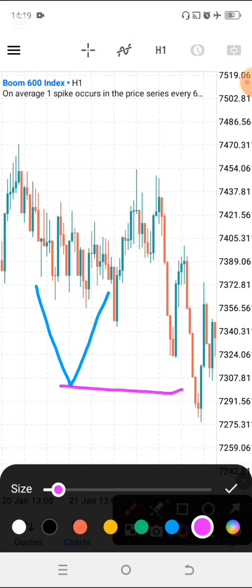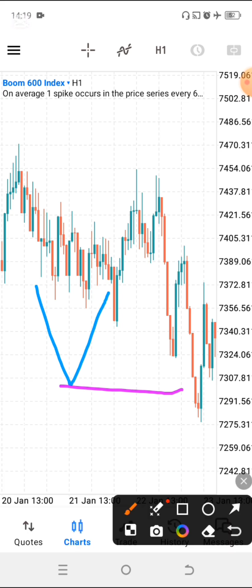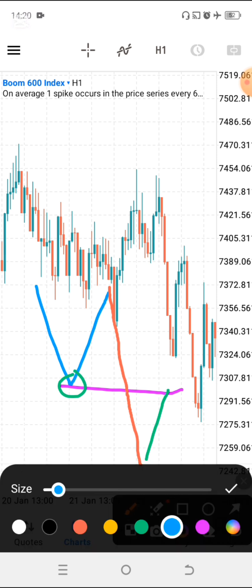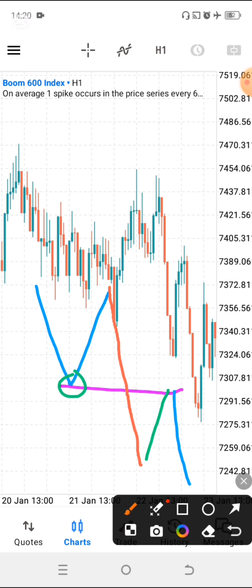And then when the market continues going down again, it doesn't respect this area, it breaks this area, and we get a pullback to this area again. So this was a support, but it got broken, so a broken support now becomes a resistance. This is how I like to use support and resistance, using these zone flip areas.